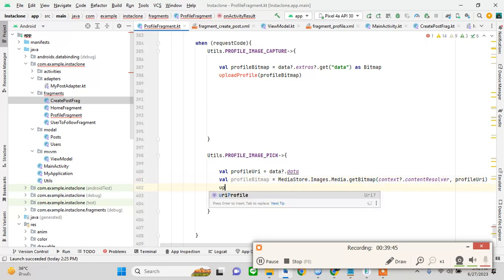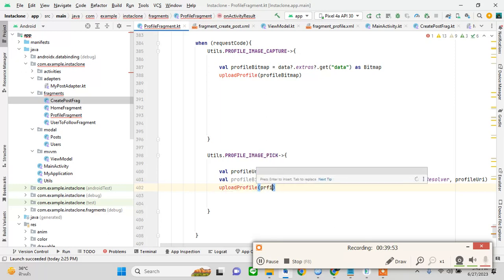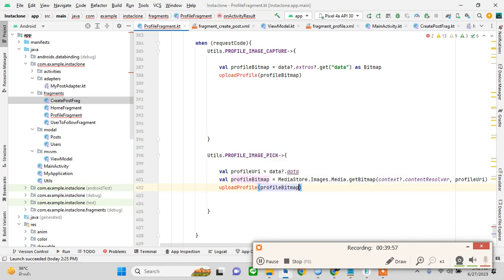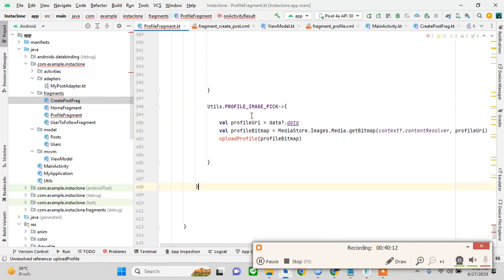Okay, upload profile, that function has to be created. And we can create it by this, Alt Shift Enter. Okay,